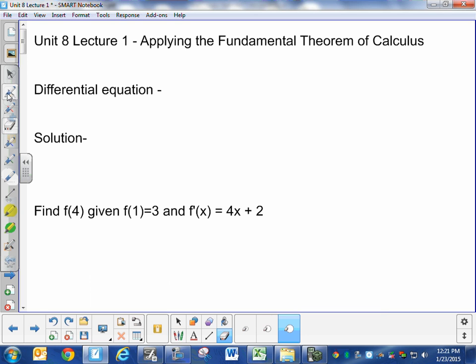So Unit 8 is really on applying mostly the fundamental theorem of calculus. And integrals. I would probably say applying integrals and the fundamental theorem of calculus. This lesson,